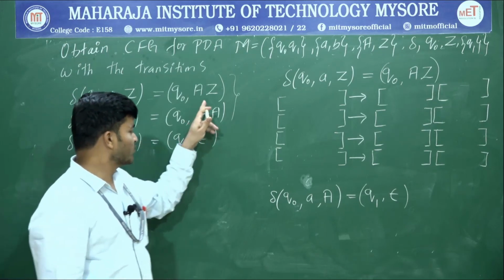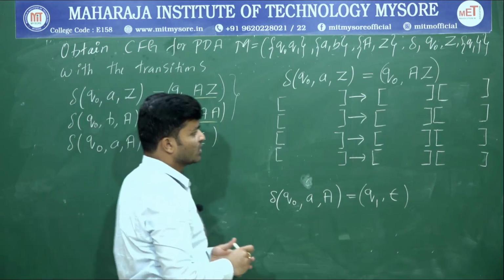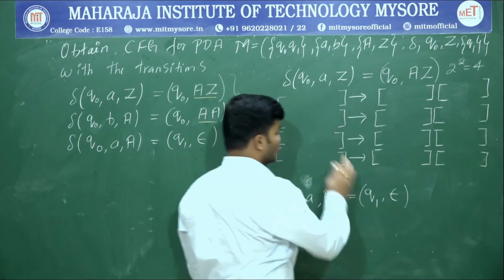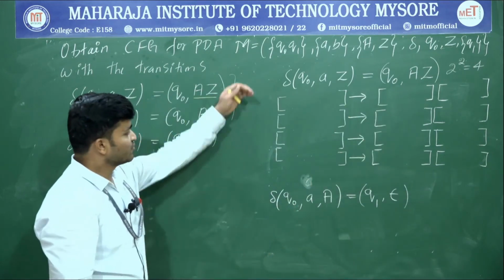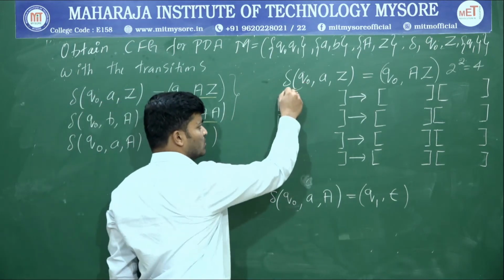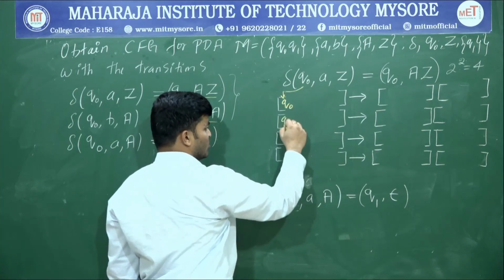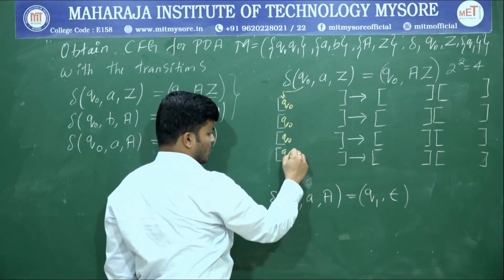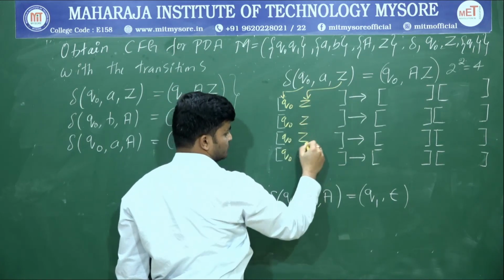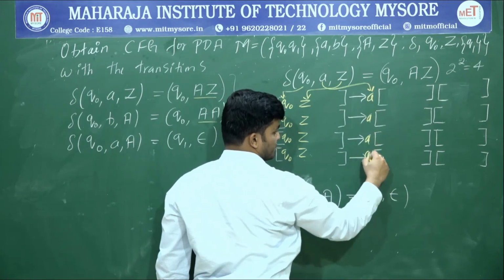So what is the rule if there are 2 terms in the right hand side? If there are 2 terms in the right hand side, we are going to have 2 to the power of 2, 4 boxes. So write the production and write 4 boxes in this way. In the first column you repeat this particular term. So I have Q naught, write that 4 times. Next you write Z 4 times.